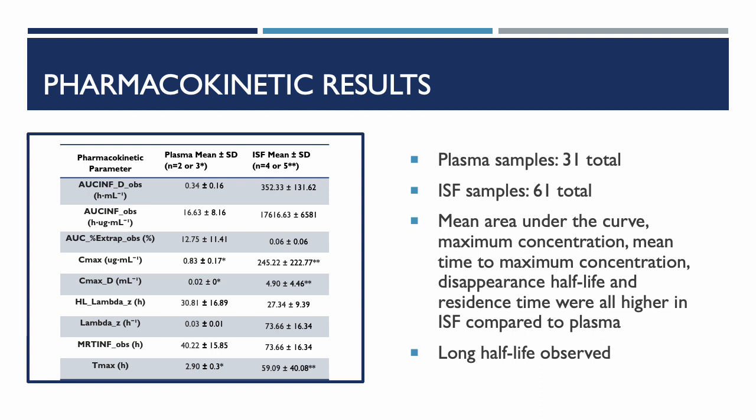And we did observe a long half-life in that interstitial fluid. So the mean area under the curve was 16 for plasma and 17,616 for interstitial fluid. The mean maximum concentration was 0.83 micrograms per mil for plasma and 245 micrograms per mil for interstitial fluid. Mean time to max concentration was 2.9 hours for plasma and 59 plus or minus 40 hours